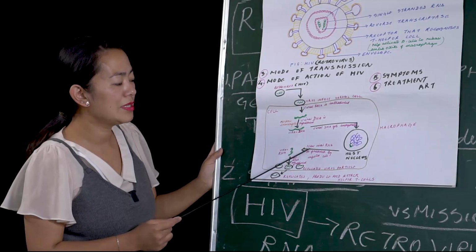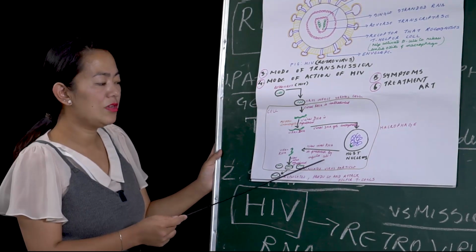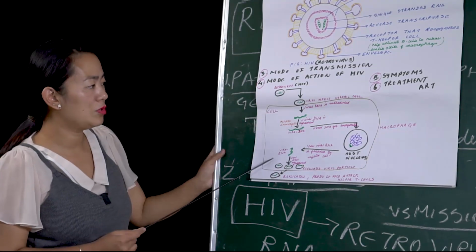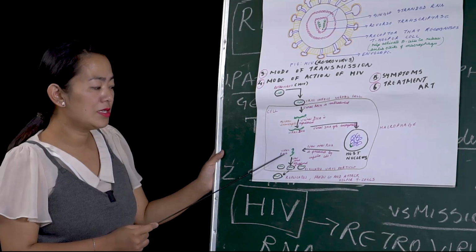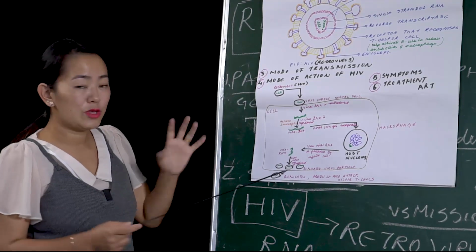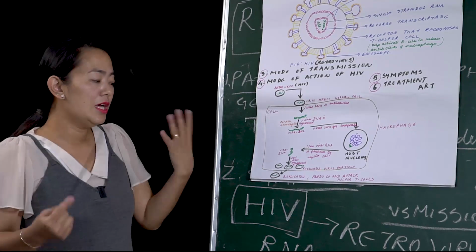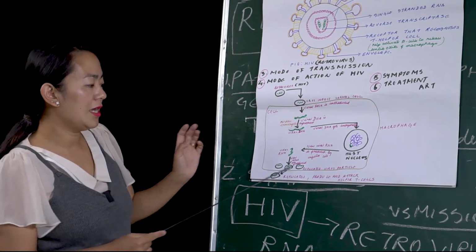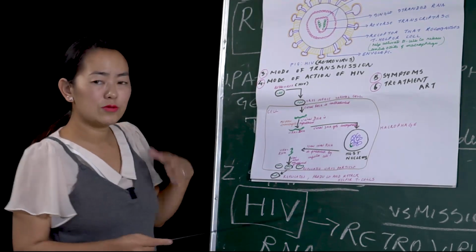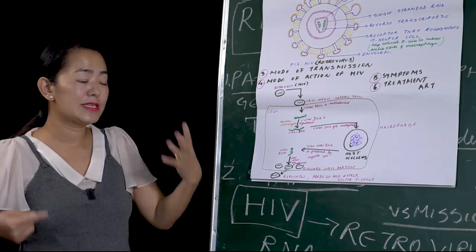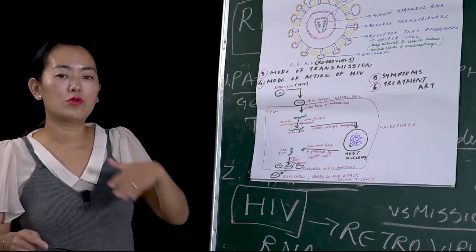So what will happen is that new viral RNA is produced by infected cells, where the infected cells will be forced to keep on producing this viral RNA, that is the retrovirus. That's the reason why there will be a huge manufacture of this retrovirus. Okay, remember that. They will be produced in huge quantity, and then new viruses are produced. They will be replicated, okay. They will keep on replicating,